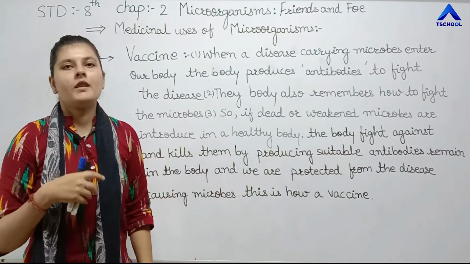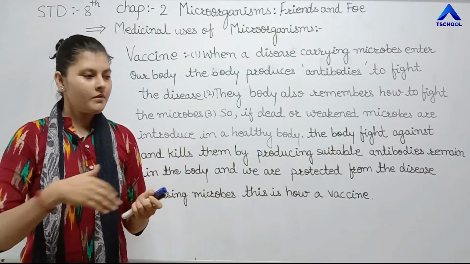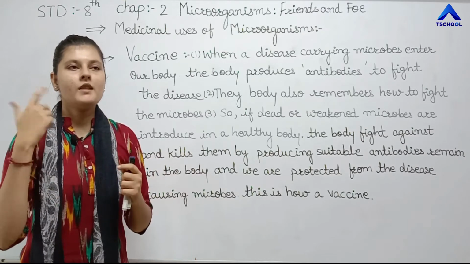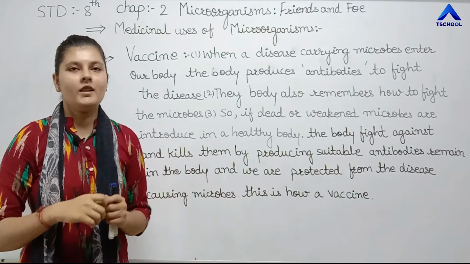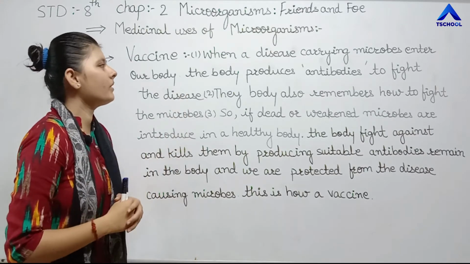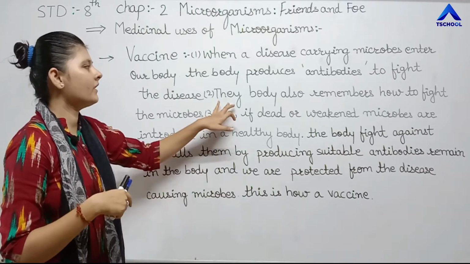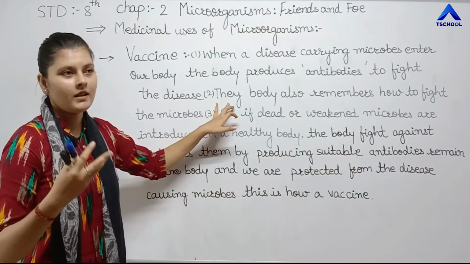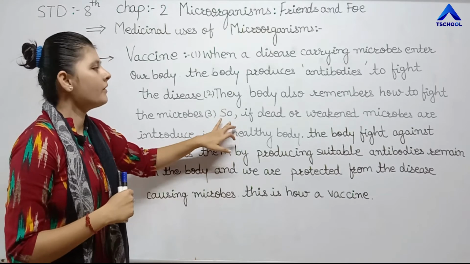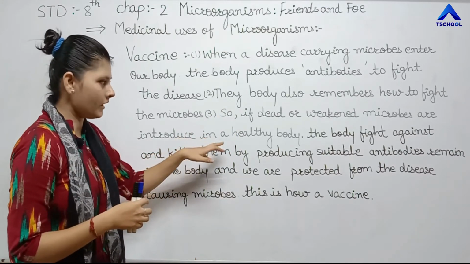जैसे कि एक बार अगर किसी जगह पे गिरते और जोर की चोट आई है तो नेक्स्ट टाइम ध्यान रखोगे ना कि उस जगह से ना जाओ या फिर वहीं से दूर चलो. So your body is going to remember that कि वहाँ पे गिरे थे और ज़्यादा खून लगा था तो फिर यहाँ से संभल के चले. वैसे ये एंटीबॉडीज़ भी हैं जो फाइट कर रहे हैं, वो याद रखते हैं. The body also remembers, मतलब वो याद रखते हैं कि अगर ये वाला माइक्रोब फिर से आ गया तो उसके साथ फाइट कैसे करेंगे. So if dead or weakened microbes are introduced in a healthy body,